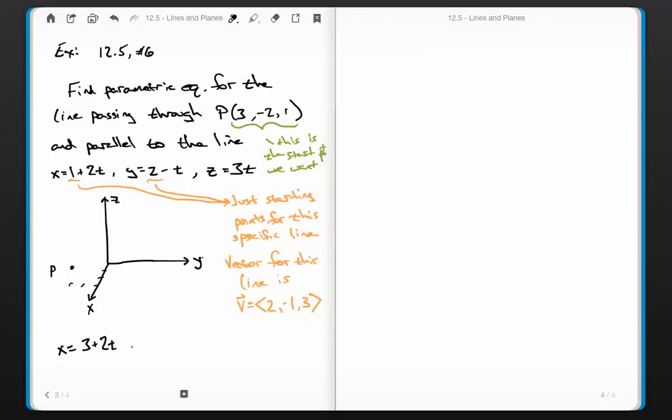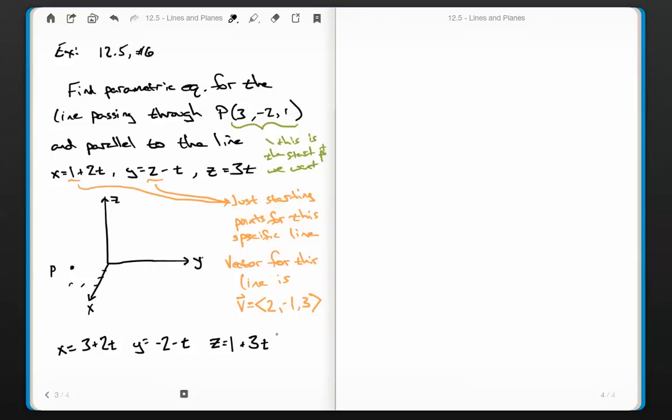What about the y? The y is going to start at negative 2, and then every time t increments, it's going to reduce by 1. So minus t. And what about z? Every time, 3t, so the vector here is 3. Every time t increments, it's going to go 3 in that direction. So z equals, the original point is 1, plus